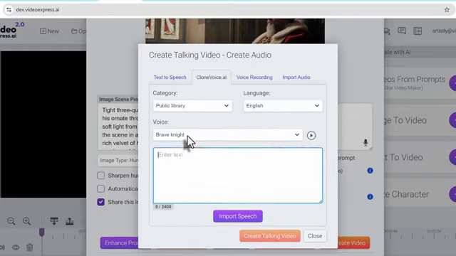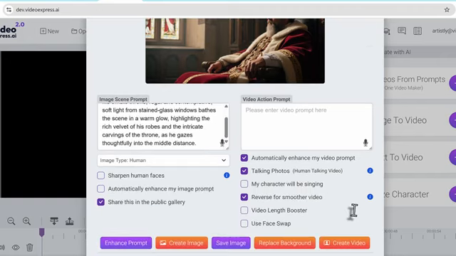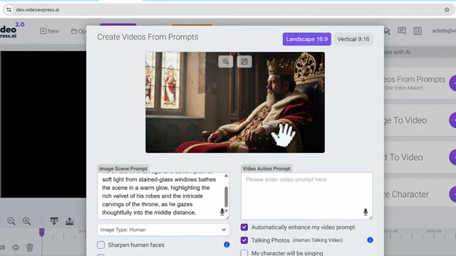So let's say I got the public library, I have a Brave Knight or Dark Sorcerer or whatever voice, I can add that in and have this character lip sync in the video itself. So that's an option you have within Video Express. Same thing with the songs that you create, same thing that you bring with the media. You can bring it into Video Express and create beautiful videos with lip sync and that sort of thing. So these two applications talk.